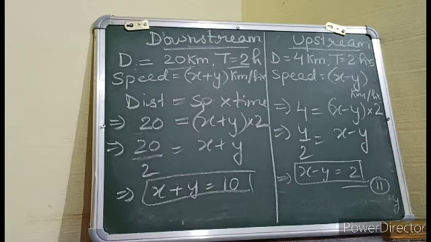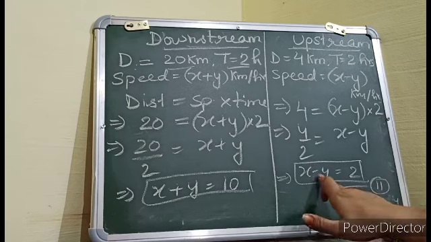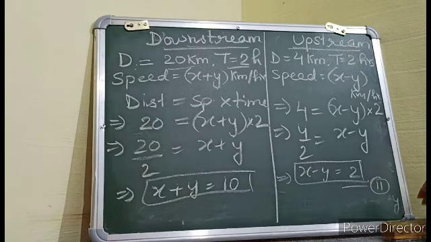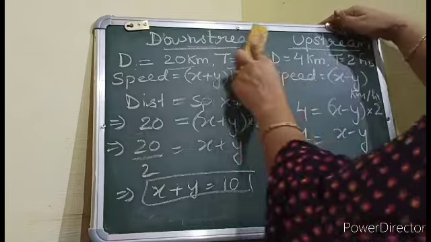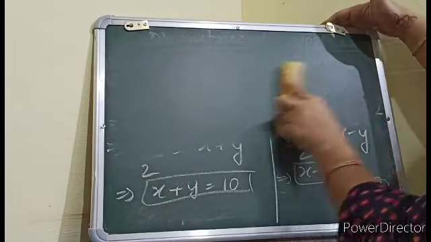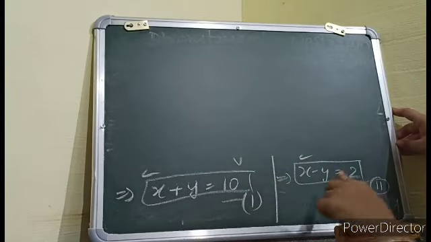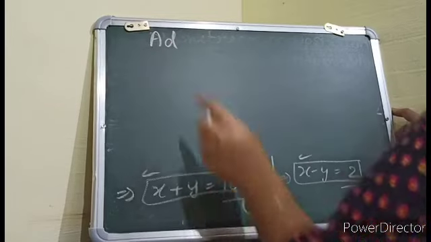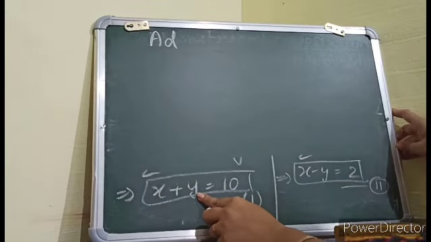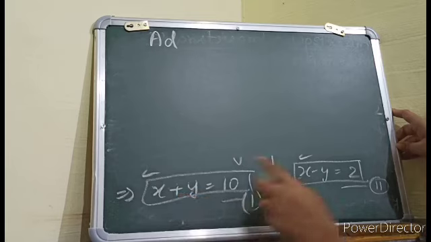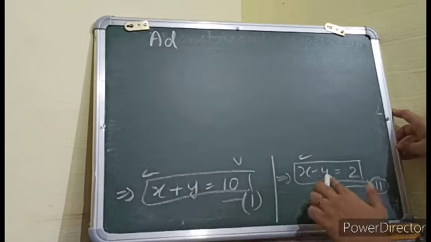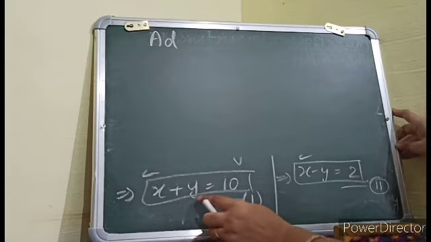Now for solving these two equations we can use either of two methods. You can use substitution as well as elimination. I am using the elimination method here because directly I can see it is plus y and it is minus y, so we can eliminate. By using this elimination method, I will solve these two equations. This is the first equation. By adding, because I want to eliminate this y. I know that it is plus sign here and minus sign here. So if I add, the same quantity with a different sign will get eliminated.